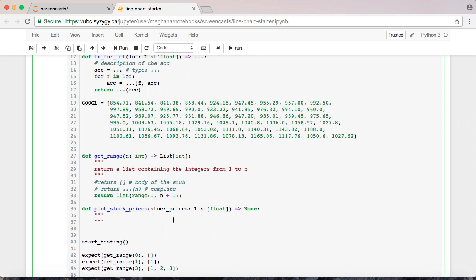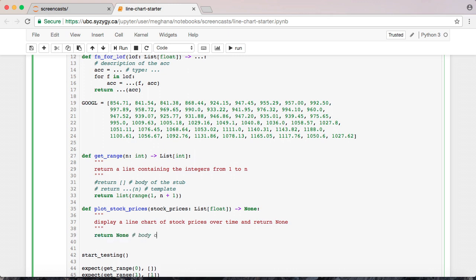For the purpose, we can state that the function is displaying stock prices over time. This is fairly general, as we don't know if the stock prices will be daily, weekly, monthly, or on some other unit of time. If we had more information about the input, we might be able to write a more specific purpose. To finish the stub, we need to write the body of the stub, so we'll write return none.